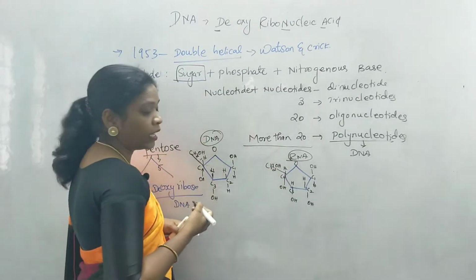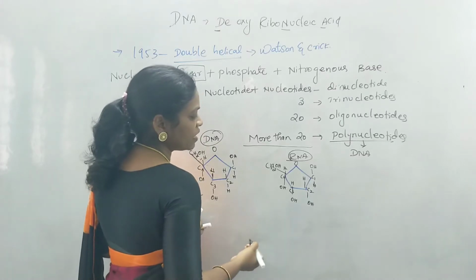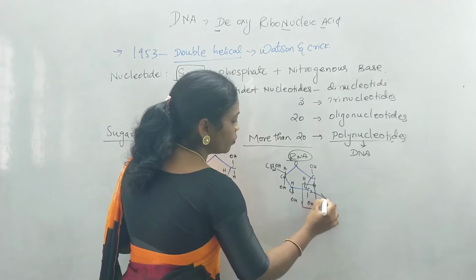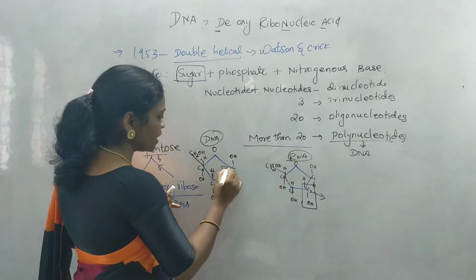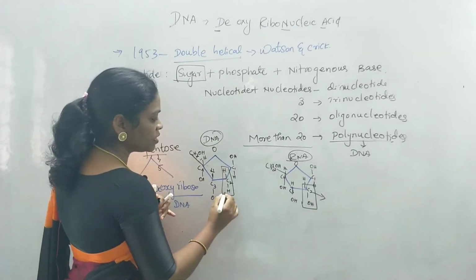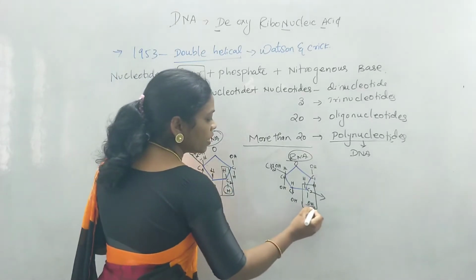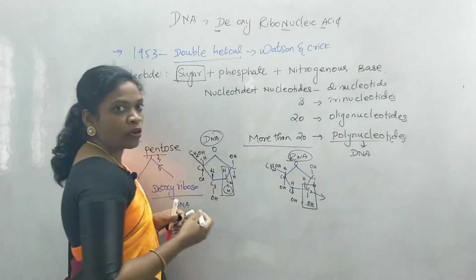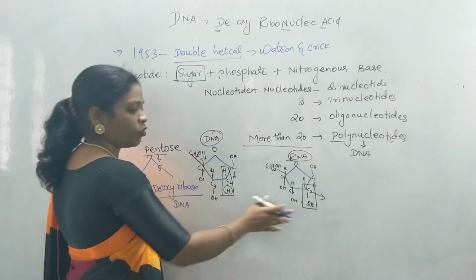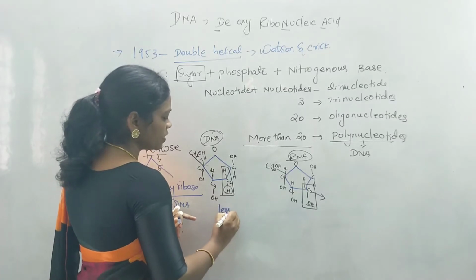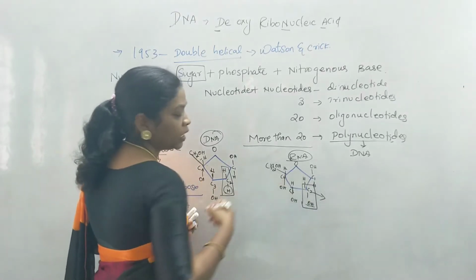This is the structure of RNA, that is ribose sugar, which is present in RNA. But here you can find a difference at carbon number 2 position between RNA and DNA. Only one H, a hydrogen atom, is present in DNA, whereas in RNA it is along with oxygen, so it forms the hydroxyl group. When you compare the oxygen atoms in RNA and DNA, DNA has less oxygen when compared to RNA.